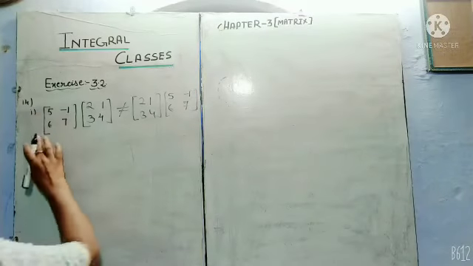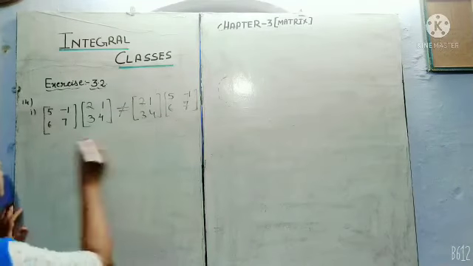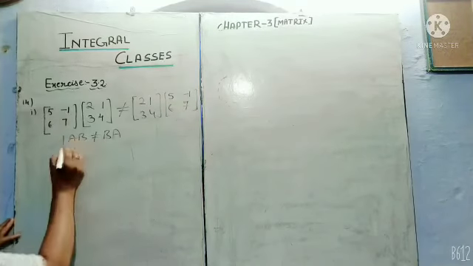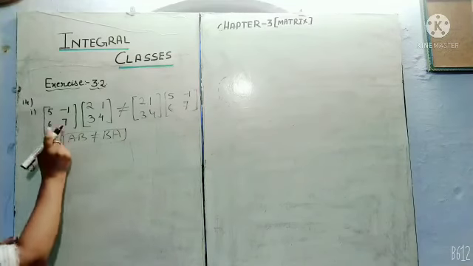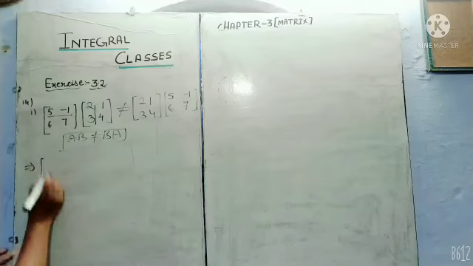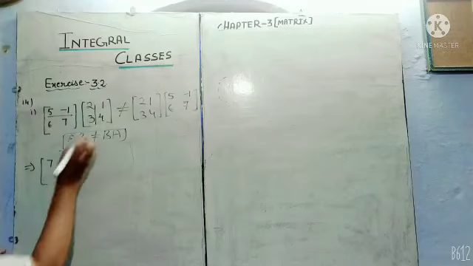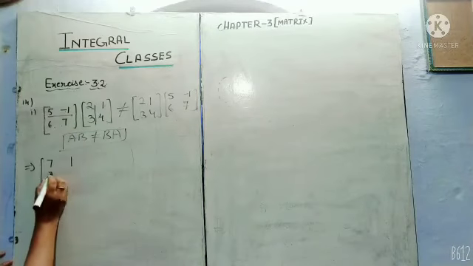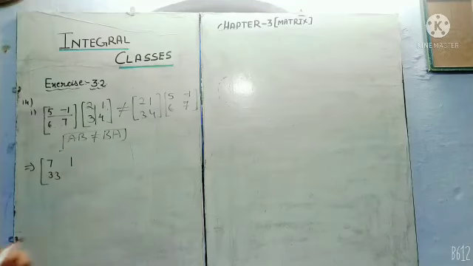Now question number 14, we will show that AB, suppose it is a matrix, AB is not equal to BA. We will show this. Okay, now first from the left hand side, row multiplied by the first column then second column. 5 times 2 is 10 minus 3 times 7, 5 times 1 is 5 minus 4 times 1, 6 times 2 is 12 plus 21, 33, and 6 times 1 is 6, 7 times 4 is 28, 28 plus 6, 34.